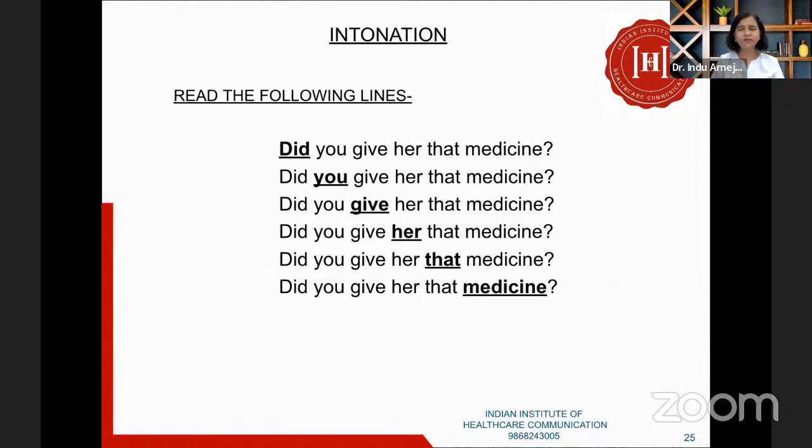So somebody comes in and I say, Aye. Instead of saying like this, I say, Aye. I've used the same word. Change the tone, the whole intent changed. Roko mat, jaane do. Roko, mat jaane do. I changed the position of pause, the complete meaning changed. In public dealing, tone of voice plays a very big role. A lot of time, people can see insult and offense in our tone of voice.